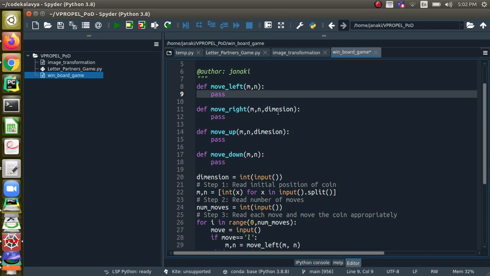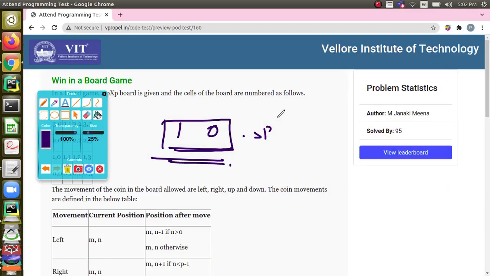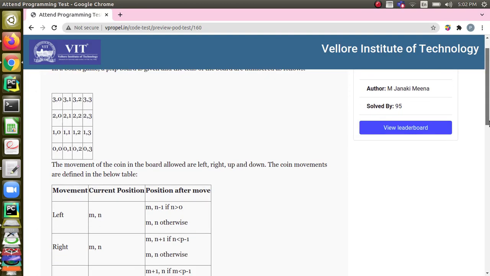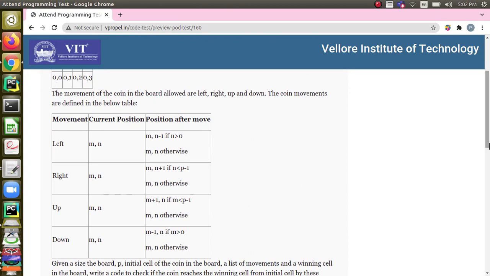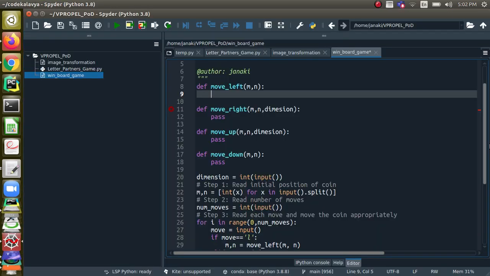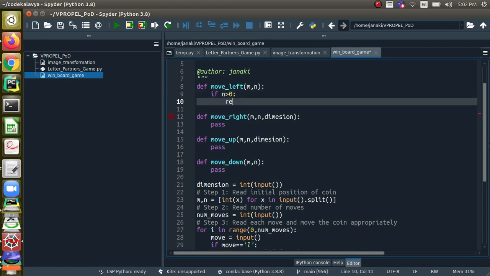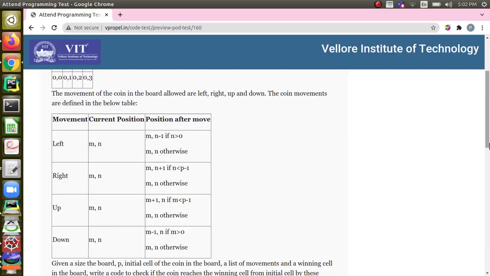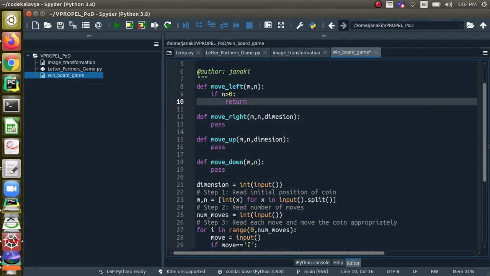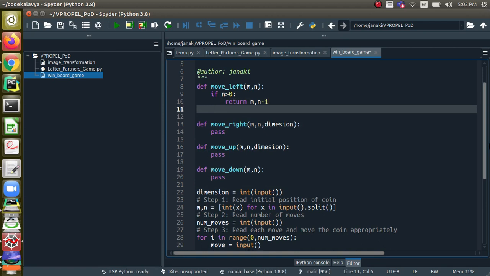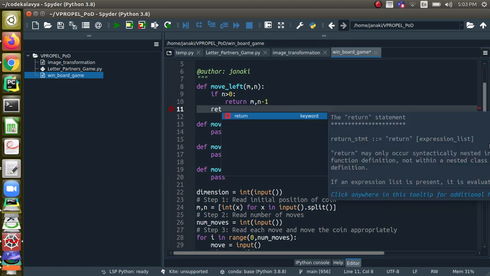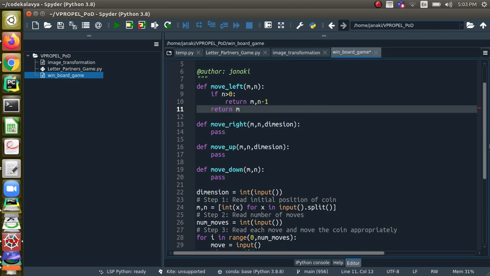Here we are telling move left, right? So what's the condition given in the problem? We can also just look at it. So let's look at the condition. So left means m comma n minus 1 if n is greater than 0, right? So if n is greater than 0, then we should return m comma n minus 1, and we will return m comma n otherwise.